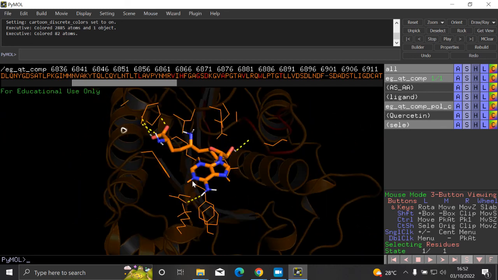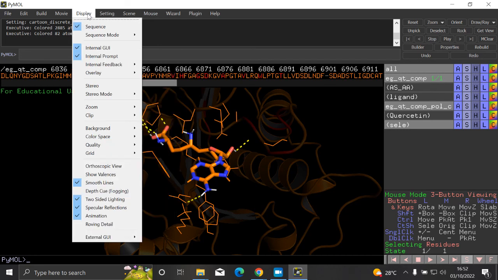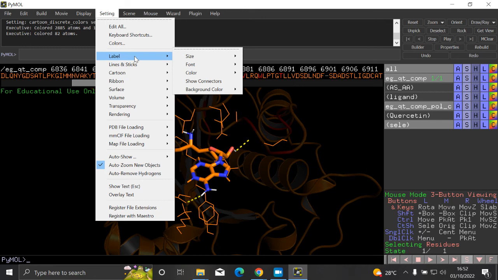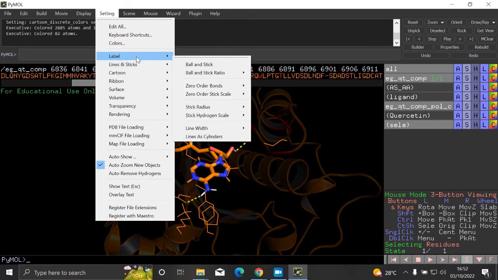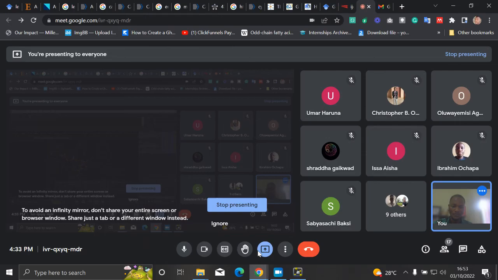So after selecting the amino acids and giving them a new color, we can now label them. To label them, we are going to click on settings, and we are going to click on label. When we click on label,